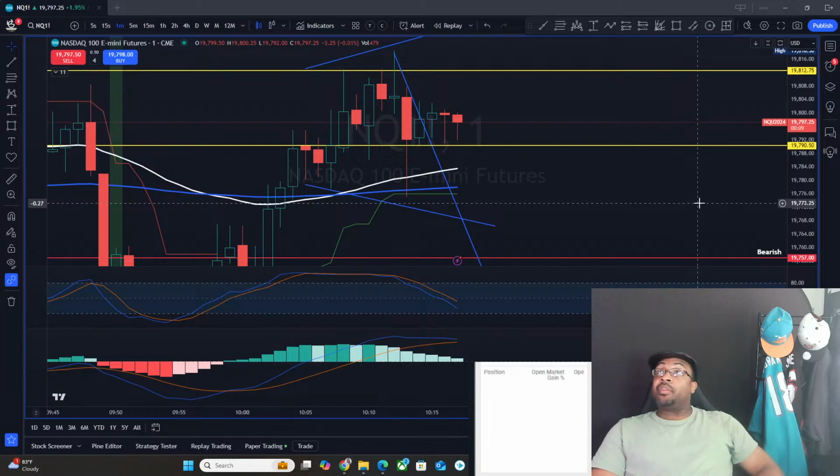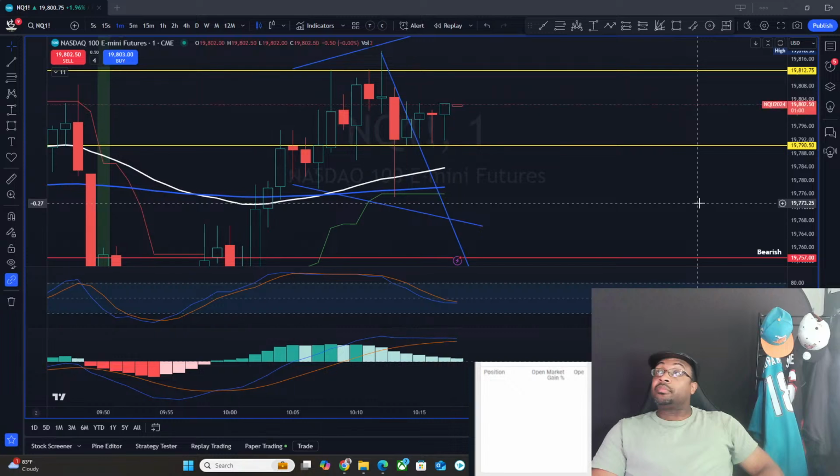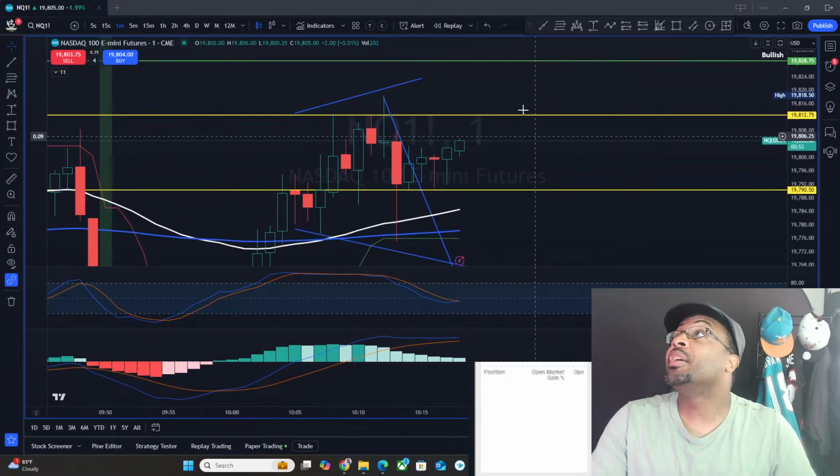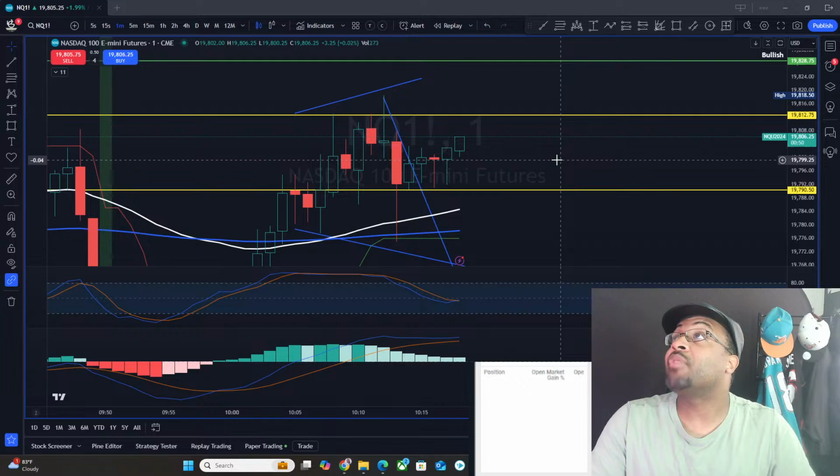I like the wicks on the bottom of the 1 minute for more upside though. It's like they keep buying up dips. Nice little pullback and then take off. All right, that could be our push. Get up in here so we can have a trade before I get out of here.